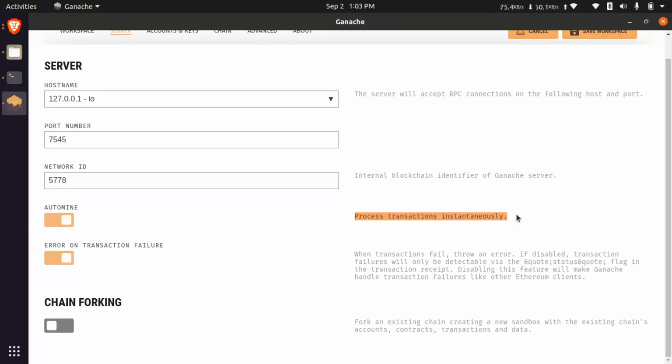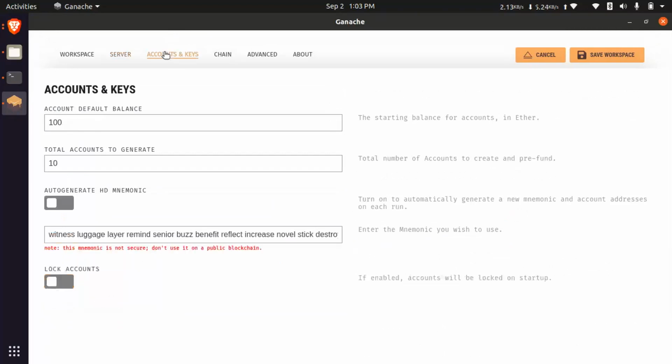you can see the wording: transactions are processed instantaneously. That's why every node has mining, and then I am going to place my seed phrase.